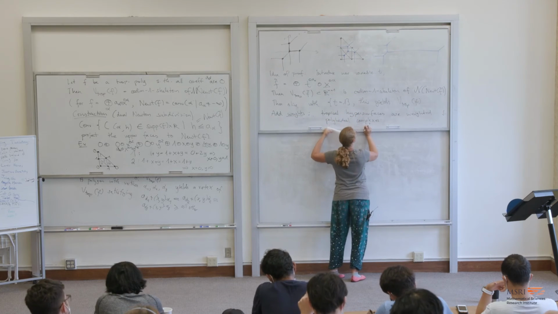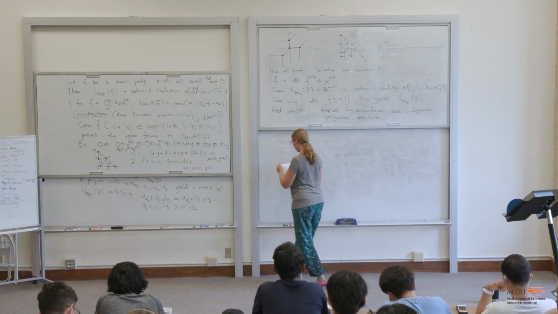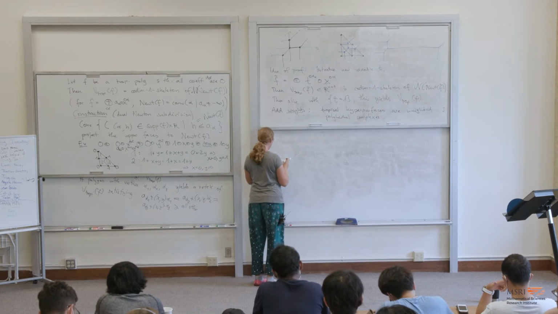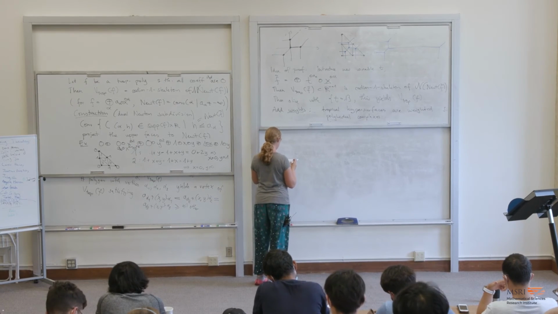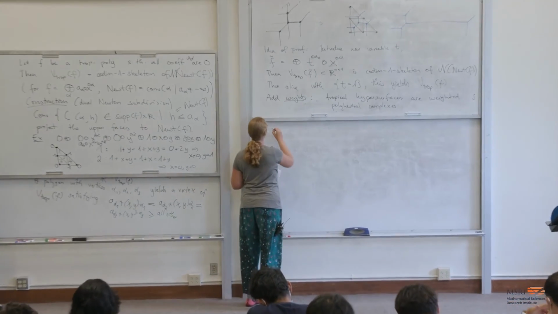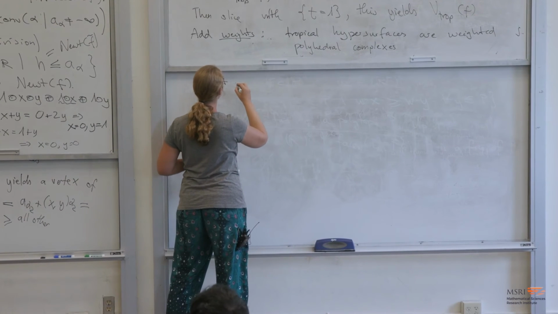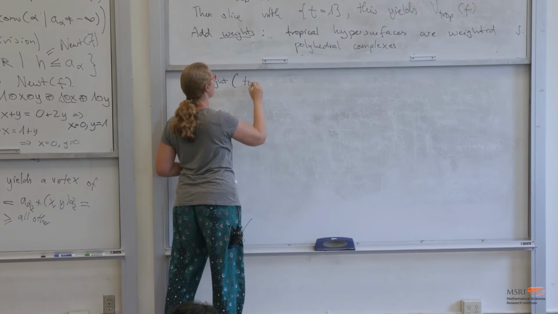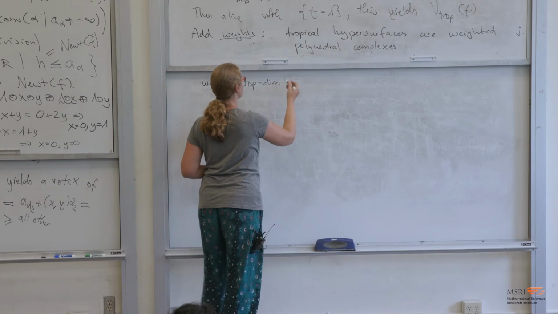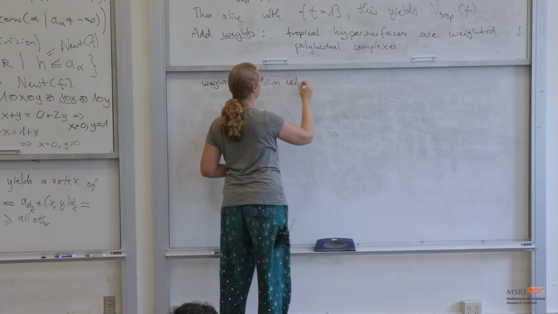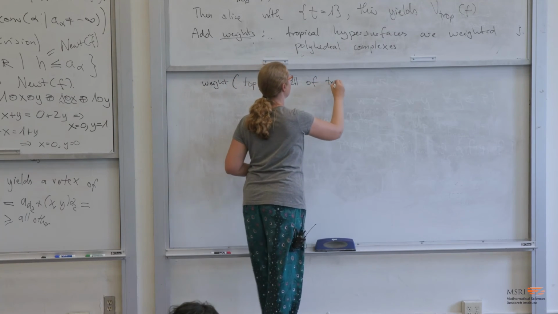And you want to add weights for the top dimensional strata somehow. And the weights are given by the dual Newton subdivision. The weight, okay, let me slow down. The weight of a top dimensional cone, top dimensional cell, sorry, it's not a cone, cell of a tropical hypersurface